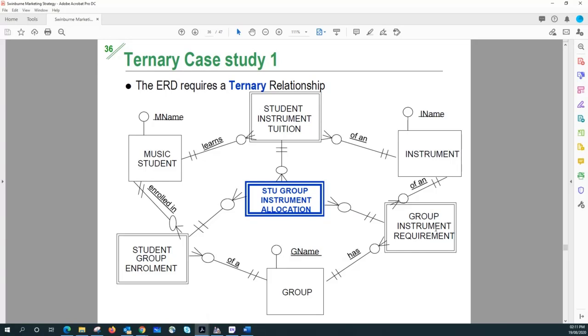Student group instrument allocation. So what I have done here is combine these 3 weak entities, and not the strong entities, 3 weak entities. Now this is a ternary relationship, right? This is a ternary relationship. So if I create these 3,